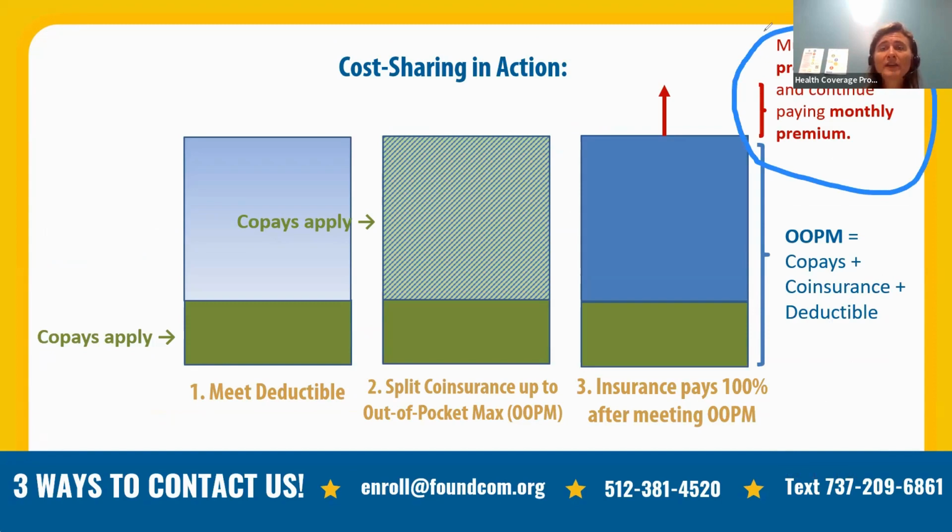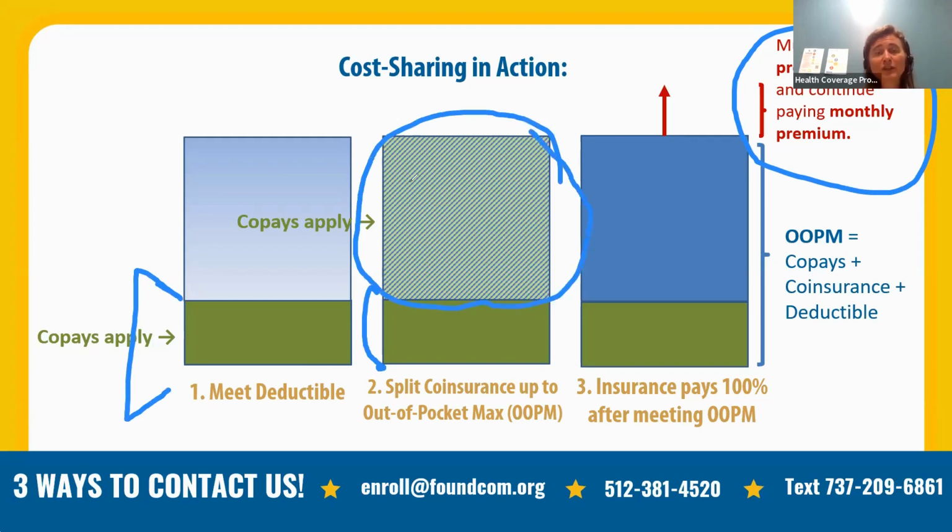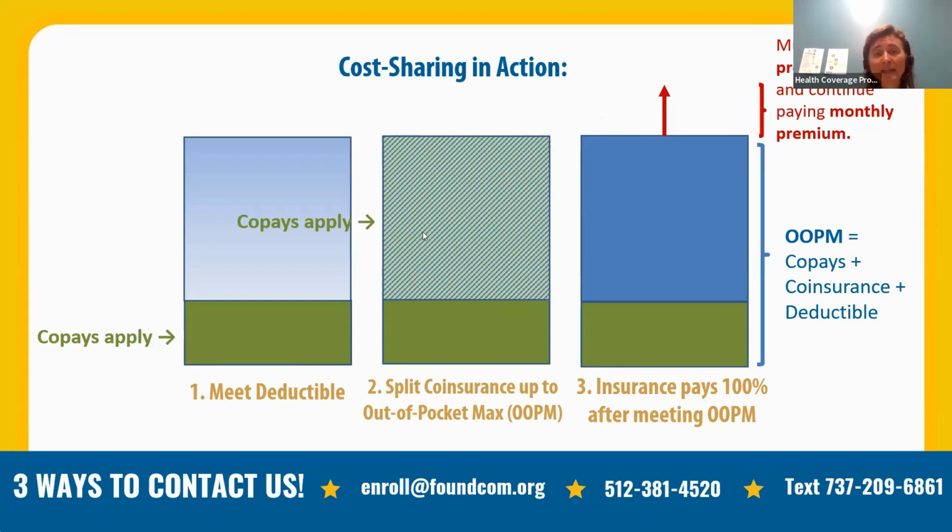So here is a visual. We've got the deductible that an individual must meet, right? And then after somebody has met the deductible for the year, then we've got the health insurance company and the individual paying for the rest of those services up to their out-of-pocket maximum. And again, the out-of-pocket maximum is contracted by the insurance company, depending on what plan people get into.